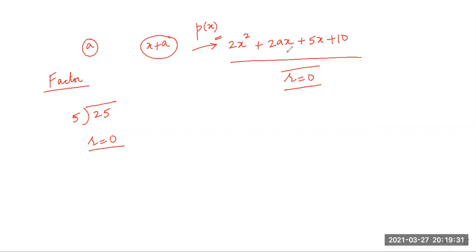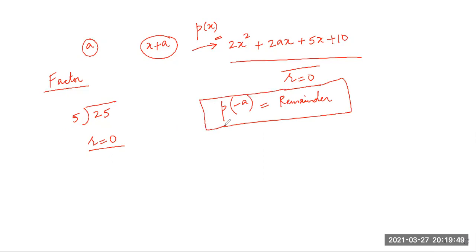And if I want to find out the remainder, it would be p of, anybody can tell me? Minus a. Correct. Very good, Armandeep Singh. It would be p of minus a. This is as per the remainder theorem. Remainder theorem and factor theorem are related. Very right. So I can always solve this. Now x plus a is a factor of p of x, so p of minus a would be equal to the remainder. But in this case, x plus a is a factor, so the remainder would be 0.